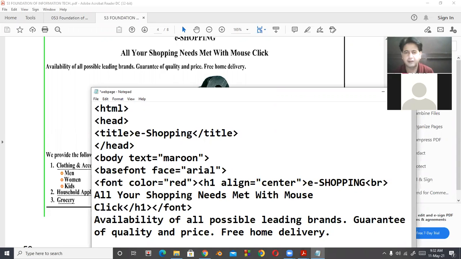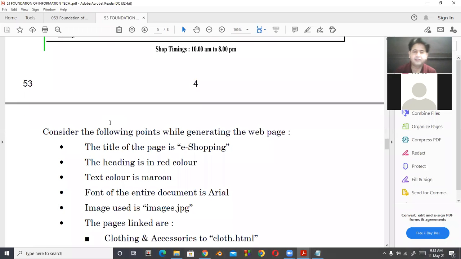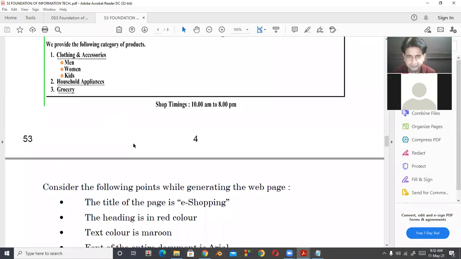Okay, next is after that there is one image. Image name is given here, image.jpg, but because this image is not in my computer, so I will insert another image.